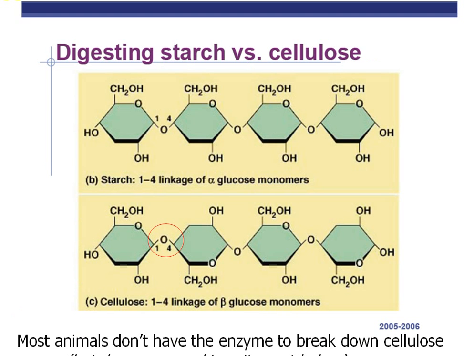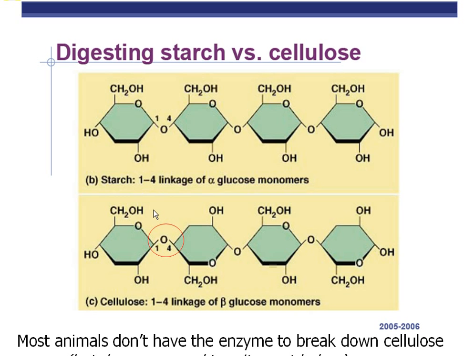Remember that starch is easy to break down by most animals. We have the enzyme to attack this alpha linkage for this glucose monomer. So, for starch, we can easily break this down. However, cellulose we cannot break down. There's an isomer, or a version of glucose, that's made by plants that creates a bond called a beta linkage that we can't break down. We don't have an enzyme for that. Since we have no enzyme that fits this bond, we can't break down cellulose, and it passes through our body